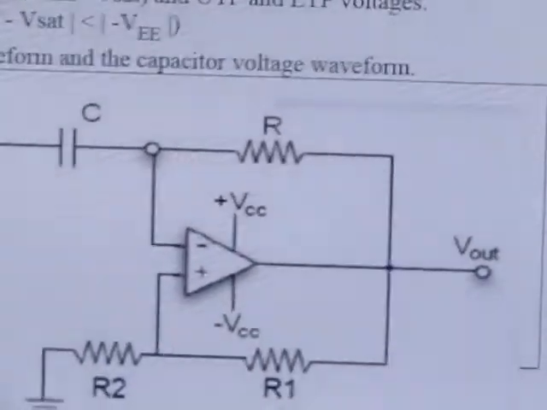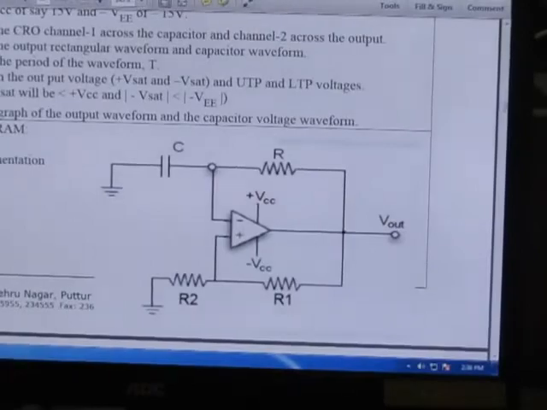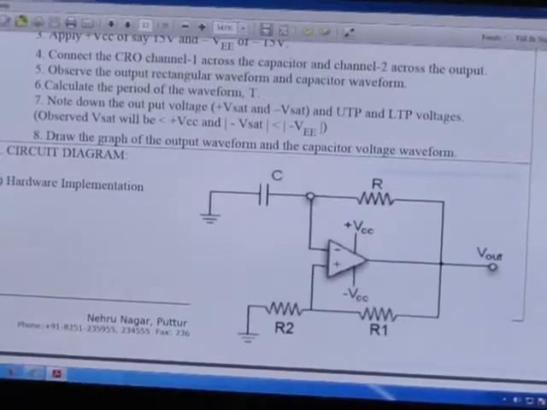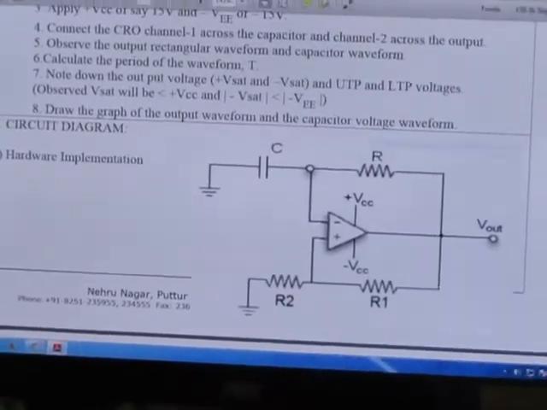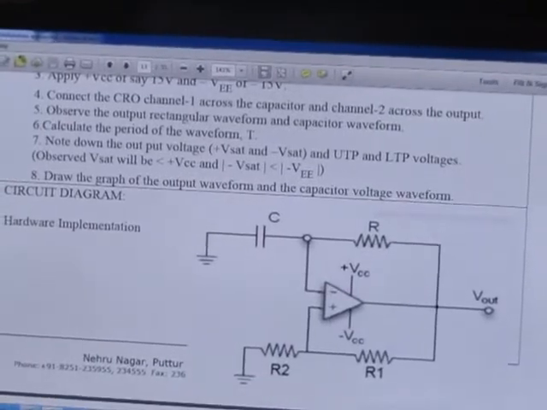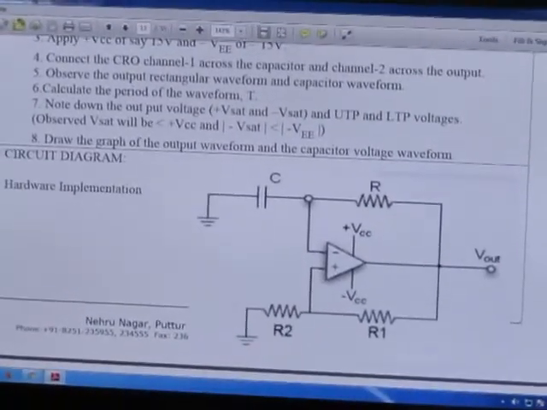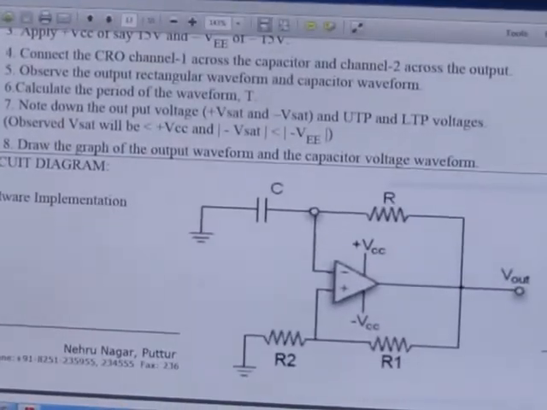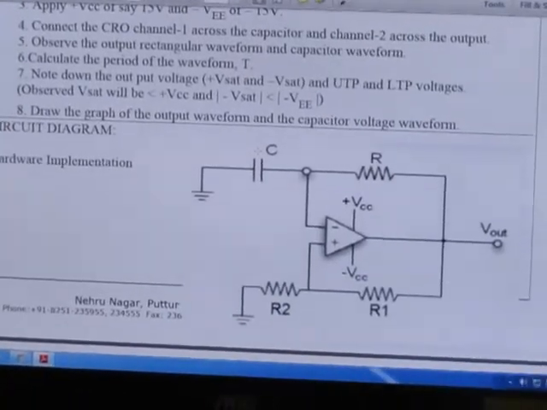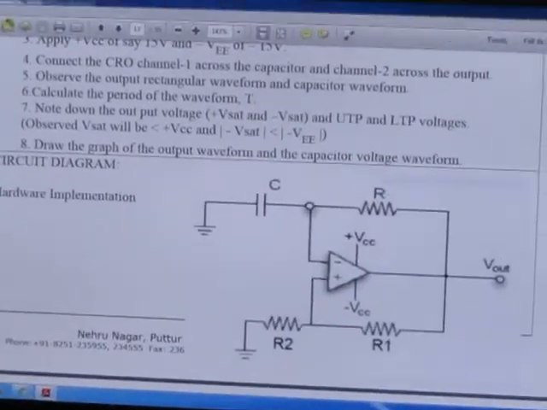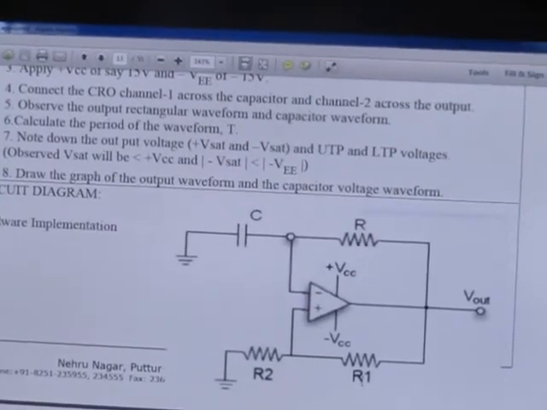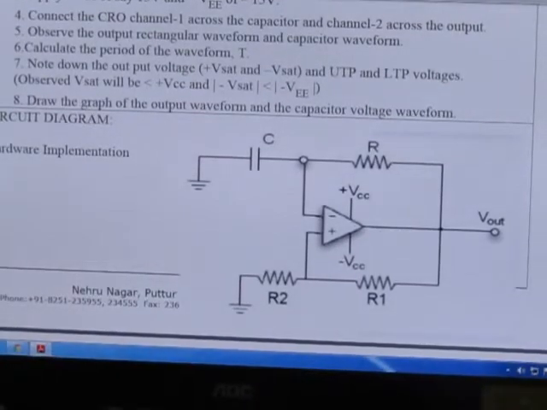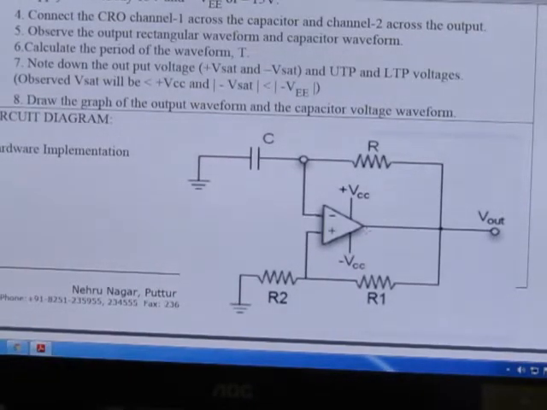So you can see here, this is the circuit diagram in which plus VCC is pin number 7 and minus VCC is pin number 4. The minus sign indicates the inverting terminal, and the plus sign indicates the non-inverting terminal. Next, the capacitor of 0.1 microfarad, a resistor of 1 kilo ohm, R1 of 1.8 kilo ohm and R2 of 10 kilo ohm, and the output is taken from pin number 6. So this is what we are going to use to design our circuit.